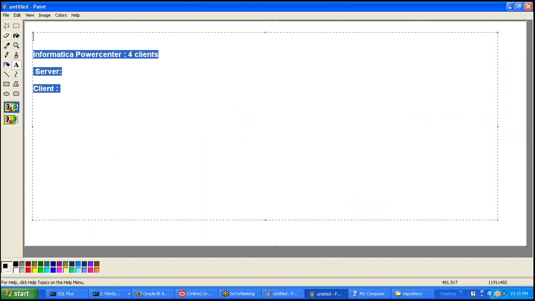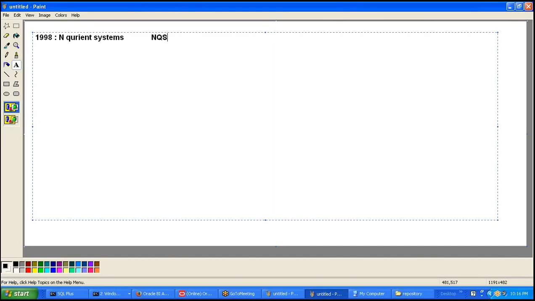Now, whose product is this OBIE and when did it begin? In the year 1998, there was an organization with the name Enquirient Systems. The Enquirient Systems people started developing configuration files called NQS config. NQS stands for Enquirient Systems.